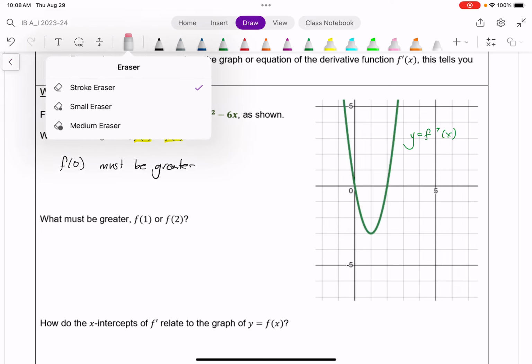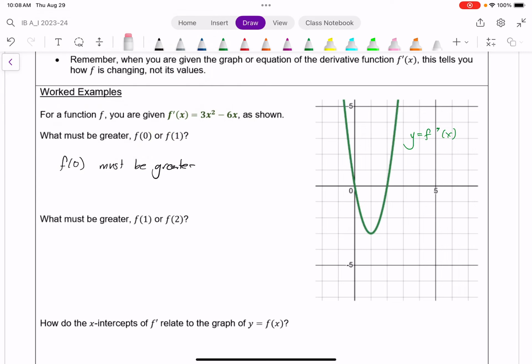And so now looking over here, f at 1 and f at 2. So here's f prime at 1, here's f prime at 2. And again, we've got to be careful because it's easy to look at these and go, okay, well, when x is 2, this point here that I'm showing with an extra big dot in red, it's higher up, so it must be a greater value. And that's true for the derivative. The derivative is greater at that point,